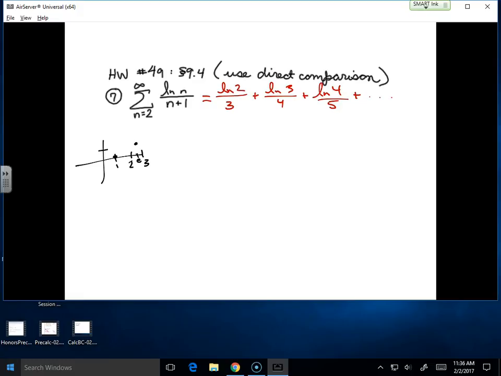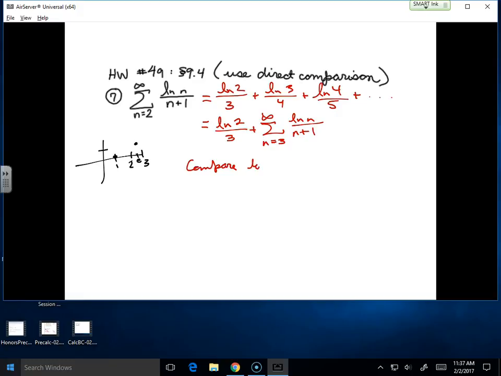So couldn't we theoretically just split this little series up and say, let's forget him for a bit, and just do ln of 2 over 3 plus the series from n equals 3 to infinity of ln of n over n plus 1. Why is that beneficial? Because now I can say 1 is below all these guys. Wait, smaller, what am I trying to prove if it's smaller? Because I'm thinking 1 over would be less than. So we could compare to,